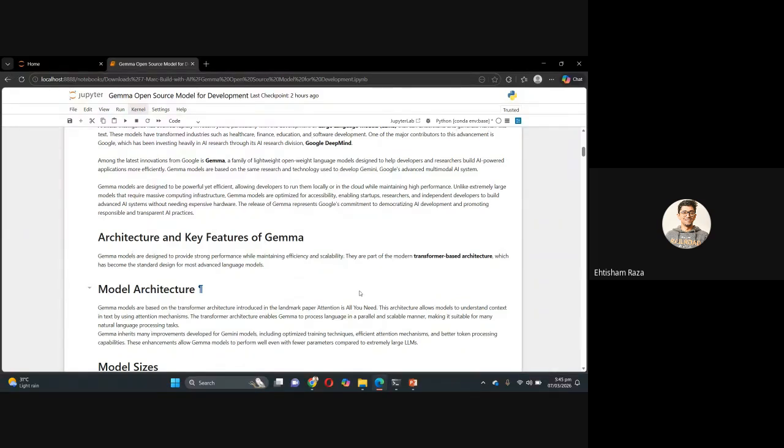You enter your prompt to Gemini. I'm emphasizing explaining the transformer-based architecture because tomorrow we'll have another language model, another open source model. They will have the same architecture backed by the transformer, only the parameters will be changed. Maybe some other company launches it. So if you understand the architecture of the transformer very well, you will be able to understand how you can fine-tune, how you can get better accuracy and better output from your